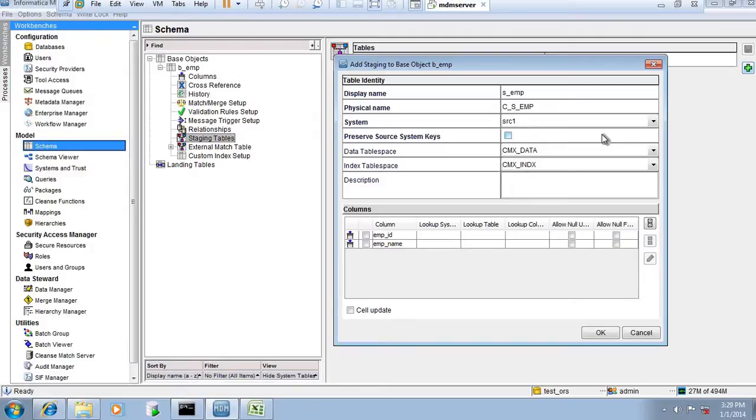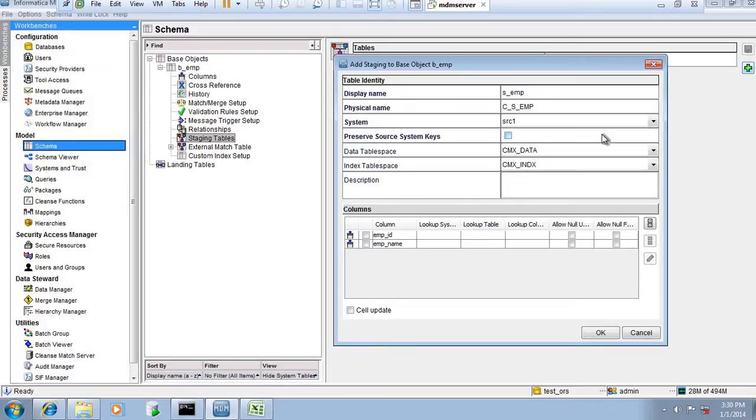In the case of landing, we can do one thing. We can define one landing table, and if we want, we can partition on the basis of source system and store all the data from the 20 source systems in a single landing table itself, or we can create 20 landing tables, one for each source system. It depends on our requirement. It's not hard coded that there will always be one landing table, two landing tables, or 20 landing tables. But always remember, if you have 20 source systems, you will definitely have 20 staging tables.